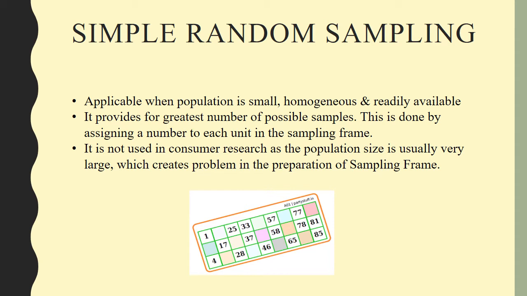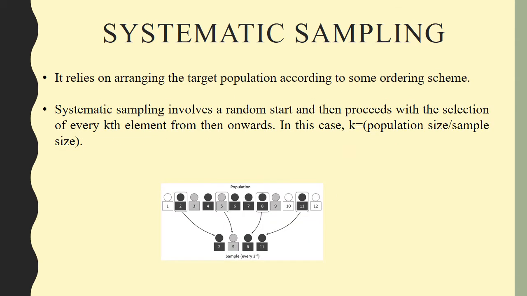And giving equal chance to all the particular elements of the population is really difficult, right? So that is a disadvantage of simple random sampling. And minority subgroups of interest in the population may not be present in the sample, or may be present in an insufficient number, which is not suitable for the study. So that is also a disadvantage of simple random sampling. So this was regarding simple random sampling.